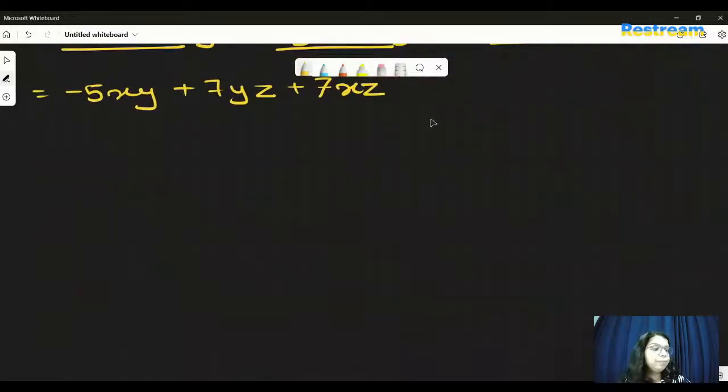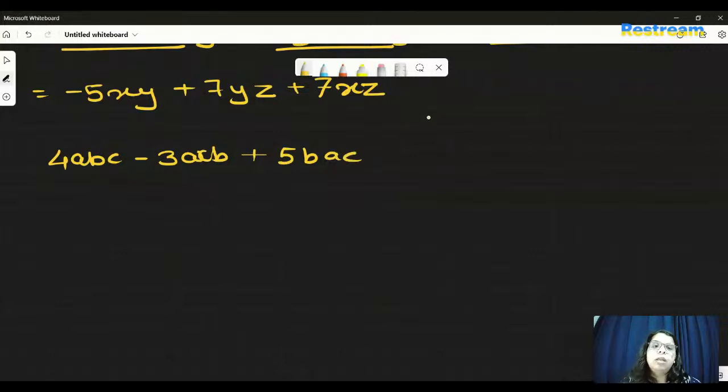example for that. So let's say I have 4ABC minus 3ACB plus 5BAC minus 6ABC. Now, if you see, these two look completely different, but since it's a product, now we know that